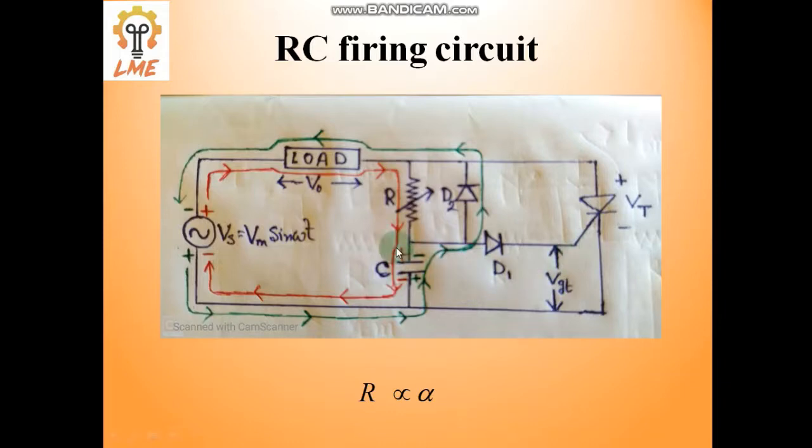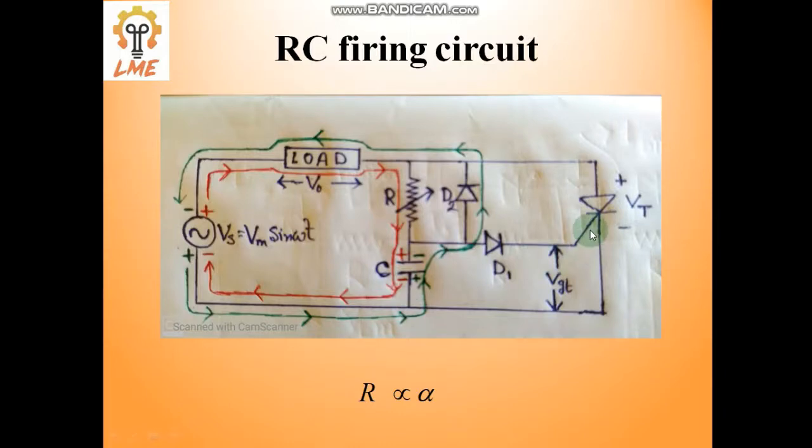So when it changes from green to red, what does it mean? Upper plate is positive and lower plate is negative. So when we apply a positive signal across the gate terminal, this thyristor, this SCR, will be on. So now we can vary the SCR on timing, meaning alpha, with the value of R. If R is higher, it takes more time to go from green to red, so there is more delay and alpha is larger; the triggering angle or delay to trigger on this SCR will be more.